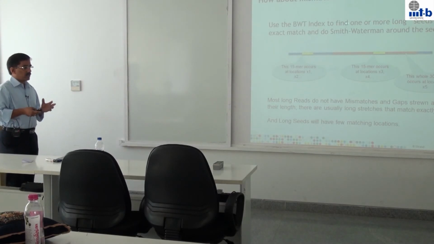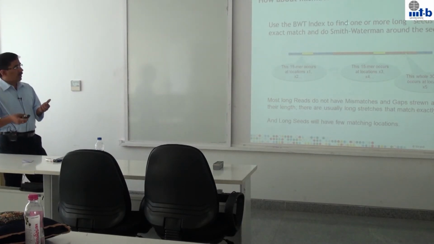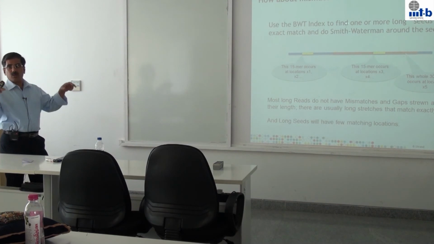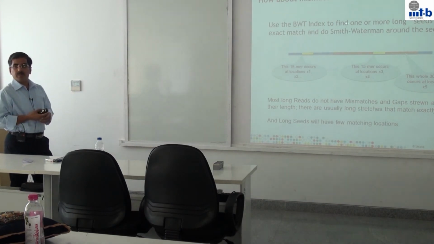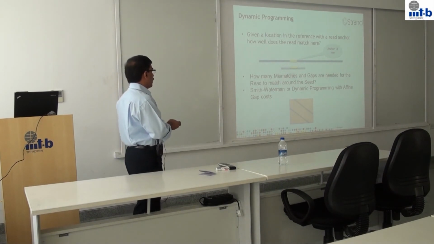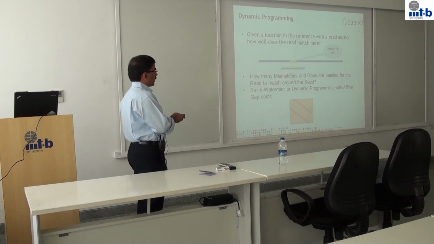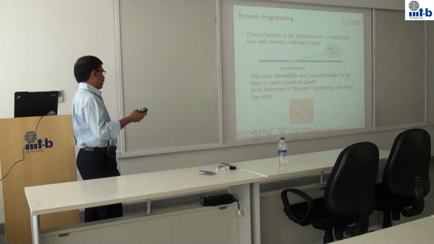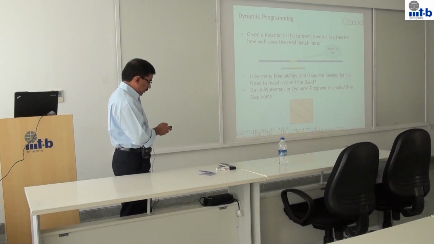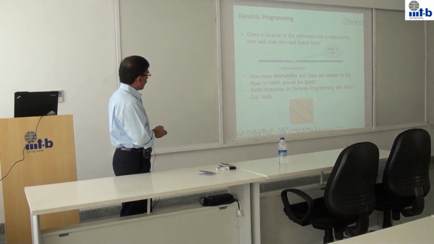Likewise, we will find all the so-called seeds which have exact matches in the reference, and use them to proceed further. So we essentially do dynamic programming around each of these seeds and see if we can fit the rest of the read into the reference with a minimal number of mismatches and gaps. So this is what we do. Once we get the seed, that is used as an anchor, and we have a certain set of penalties that we associate with mismatches and gaps. So use those penalties and make sure that you get an optimal solution for the alignment problem around that location. That is what will give an optimal alignment at a particular location.